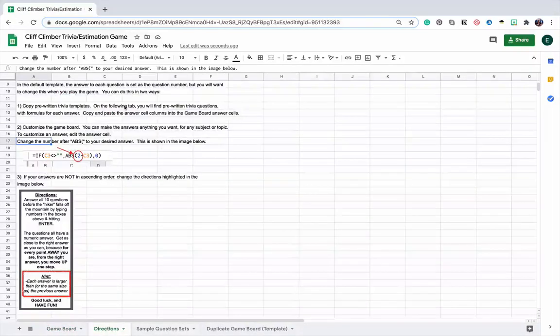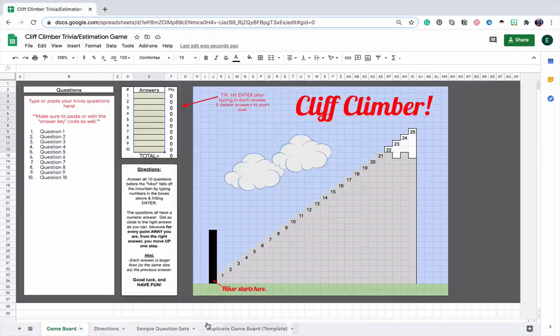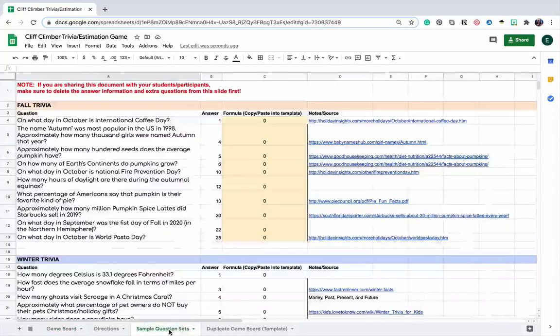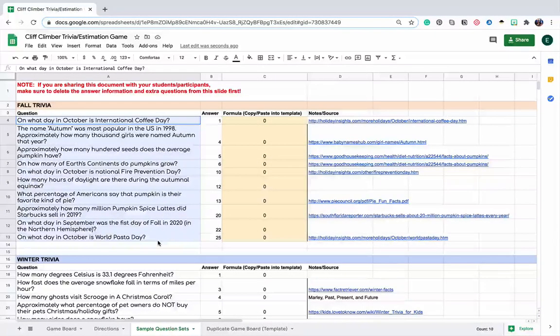I have directions here on the second tab, but just to walk you through it, there are two places that you'd want to customize. Obviously, you're going to want to add your questions here, and then you're going to want to tweak the formulas here on these particular cells to make it have your correct answers. An easy way to do that is I do have some sample question sets here in the slideshow where I have fall trivia and winter trivia, just secular things you could use with any group of people. So let's say I want to do this fall trivia, I can copy this,